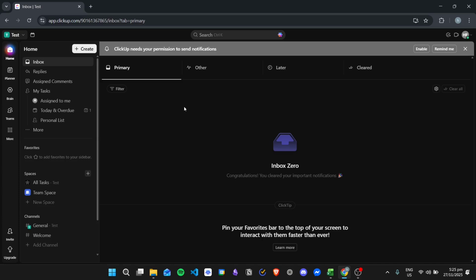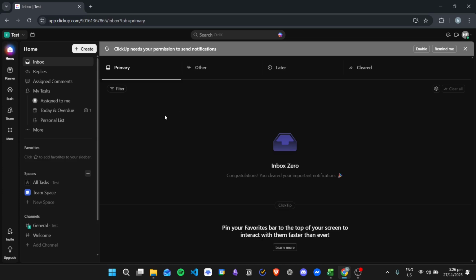So unfortunately, ClickUp doesn't have a lot of ways to print the specific views right here. So for the other features, we just need to do some workaround so that we can print our specific views here in ClickUp. So one way that you can immediately print your views right here in ClickUp is by printing